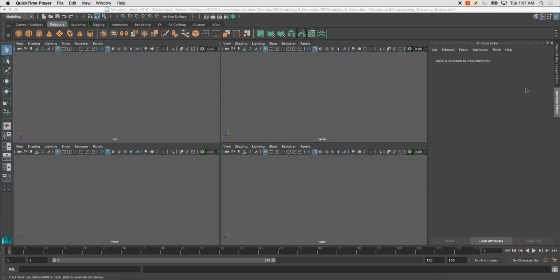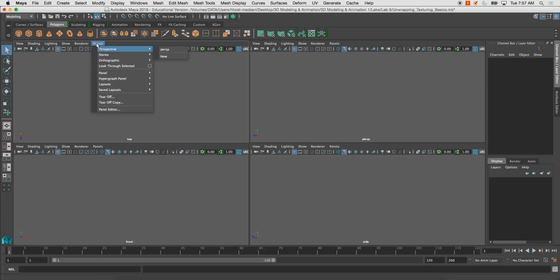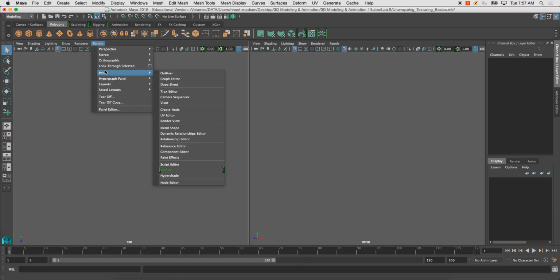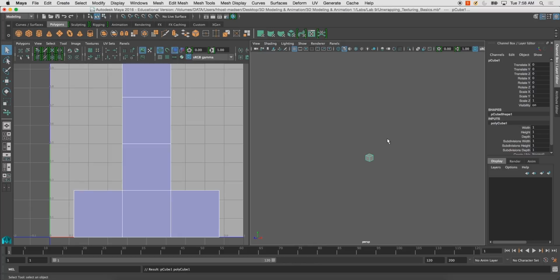Okay, so we're going to do three different types of unwrapping today. First things first, I'm going to go to Panels, Layouts, and two panes side by side, and I'm going to change this panel to my UV editor, just so you guys can see, whoever's watching, both the UV editor and the object I'm creating. So the first thing I'm going to do is start with a cube,